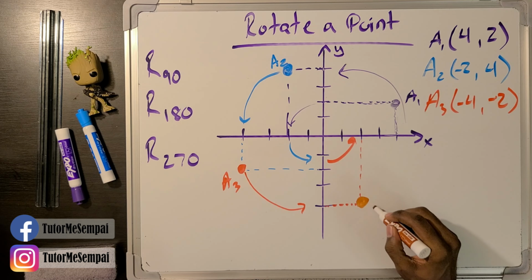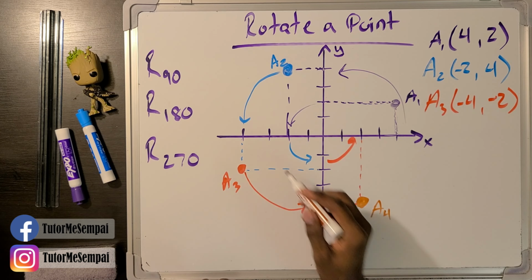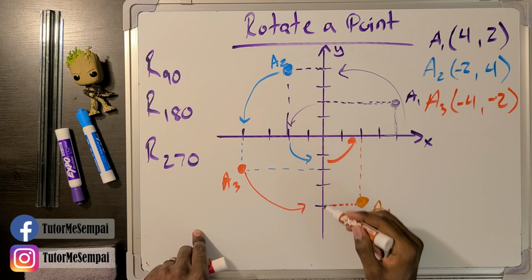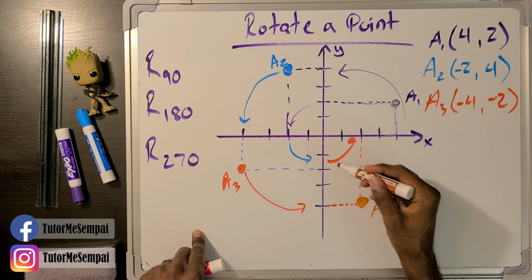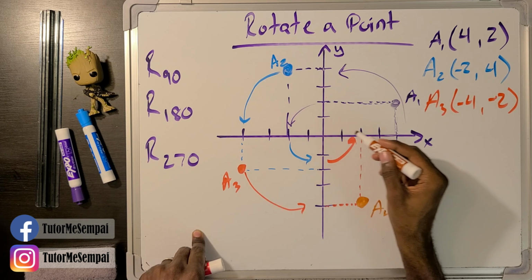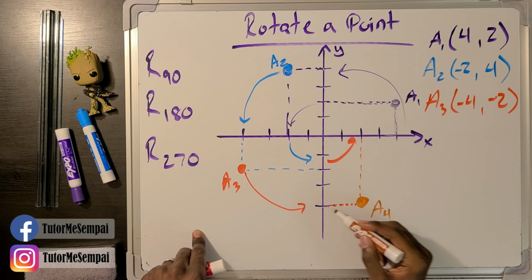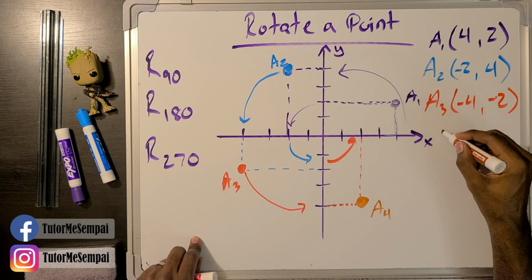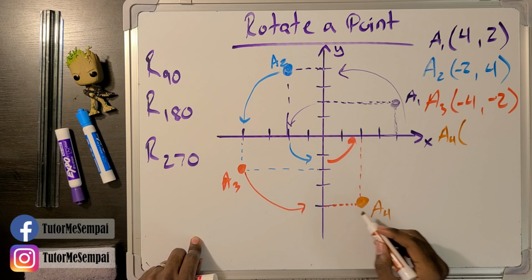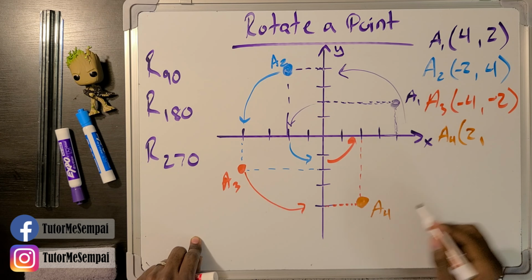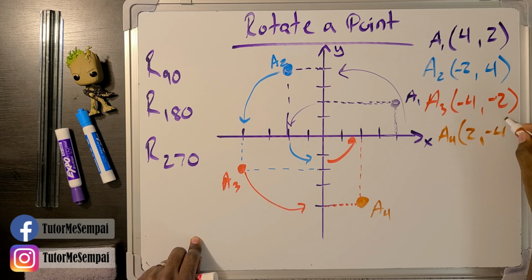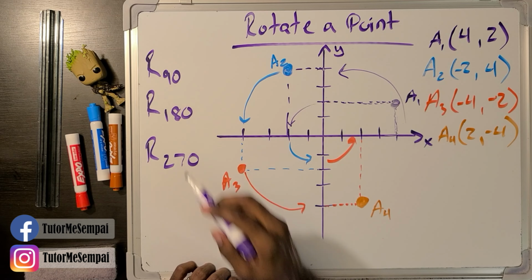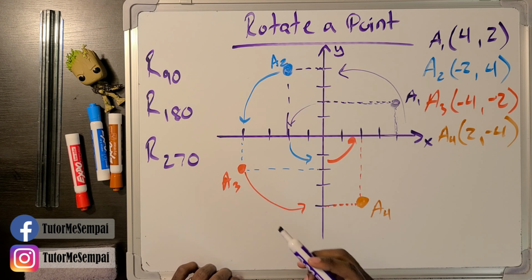And this is going to be our A4. And all we're doing is we're replacing this long part that was on the X to now being on the Y again, right? And the short part, which was on the Y, is now along the X. We're creating the same rectangle that we had all along. And this A4 is going to be what? It is going to be 2, -4. Now this is what it means to geometrically rotate a point 90 degrees, 180 degrees, and 270 degrees in